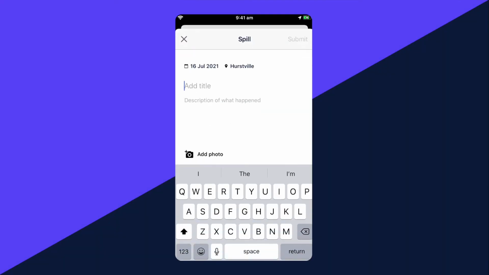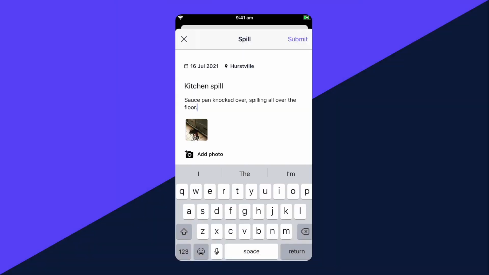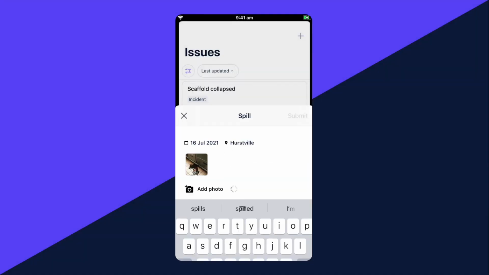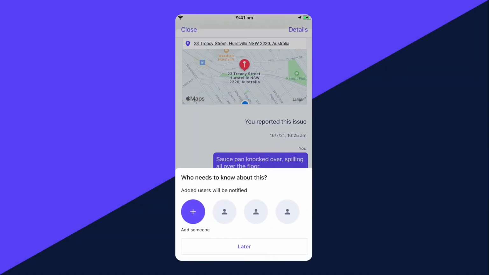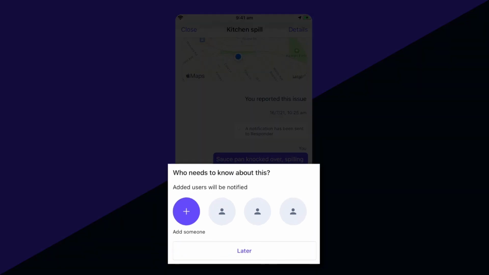Now, enter a title for the issue and describe what has happened. To provide a bit more context, you can also add photos of the issue before tapping Submit to report the issue. This should automatically notify relevant users and/or groups. If required, you can also notify additional users from the pop-up or tap later to skip.